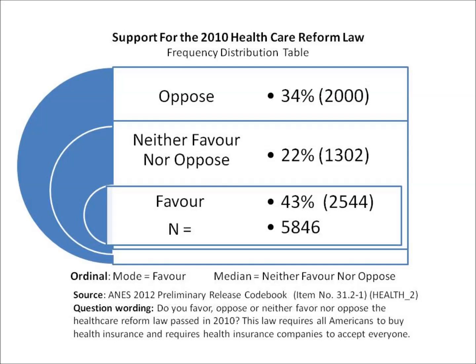This frequency distribution chart uses 3 ordinal degrees of support for the 2010 healthcare reform law. We use an ordinal dependent variable, in which the median and mode are the only relevant summary measures. The mode reflects the value label which favors the 2010 healthcare reform law. The median reflects the value label that coincides with neither favor nor opposing the act. We declare the value labels of don't know and refuse to be missing, as they are irrelevant to the study. This is also the case for the range measurement, which is also inapplicable. We recoded the order of the value labels due to the ordinal nature of the dependent variable.